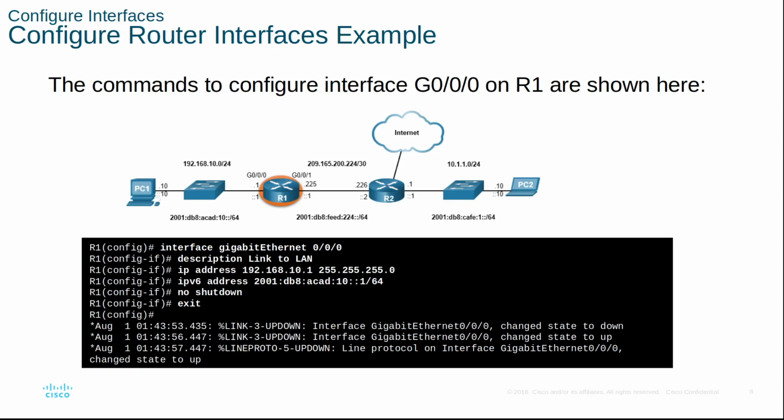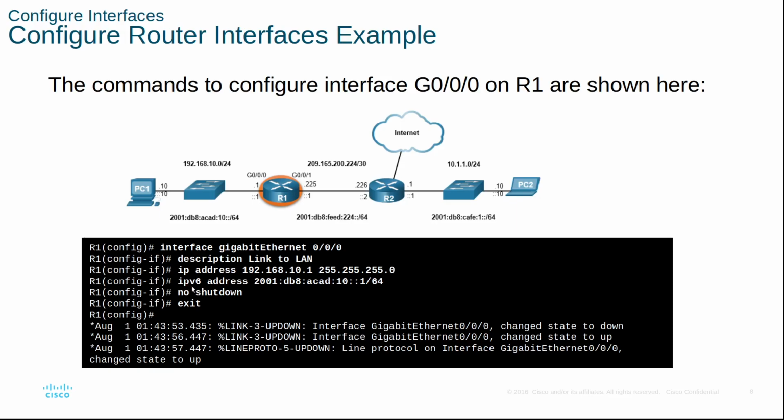So we're going to configure in this example here. We've got gigabit 0/0/0 on router 1. That's this one here. We're going to configure it. So interface gigabit Ethernet 0/0/0, or G0/0/0 would be the shortcut. Give it a description. So this is the LAN link, right? Give it its IPv4 address. So IP address 192.168.10.1 with the subnet mask. It's a /24, so it's going to be